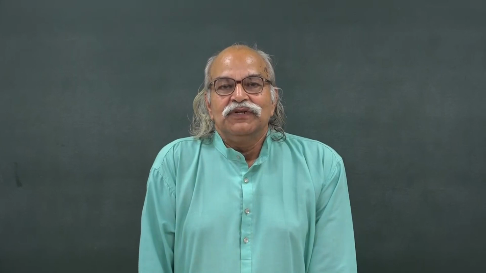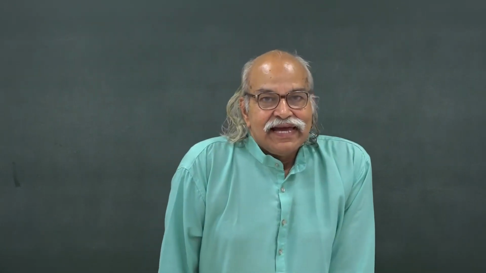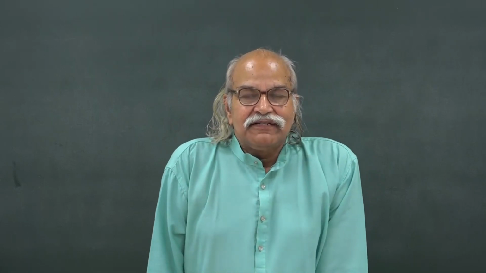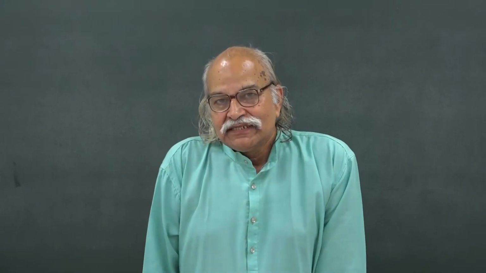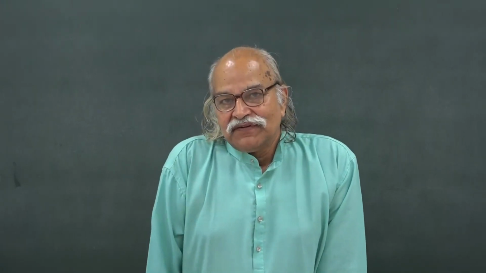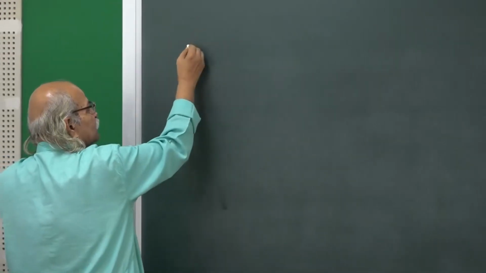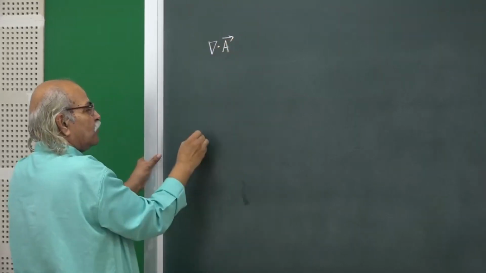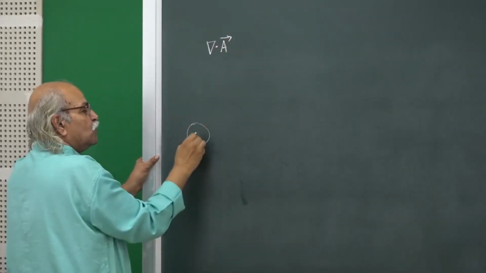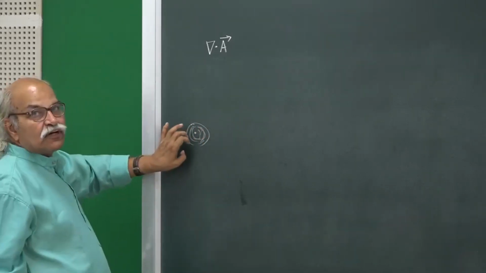So, last time we talked about the divergence of a vector field, and if the vector field is defined everywhere, you can ask for any given point in the space how much the divergence of that field is there. And we discussed the definition of divergence: if you want the divergence of a vector field at a certain point, then you construct a small volume so that the given point is inside the volume, and